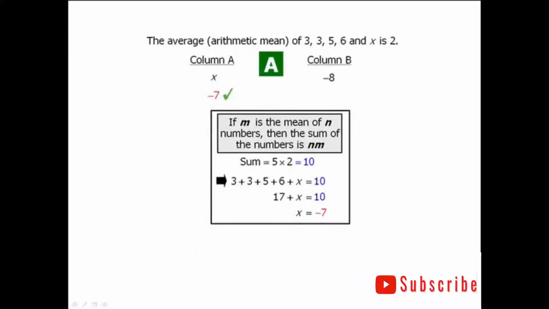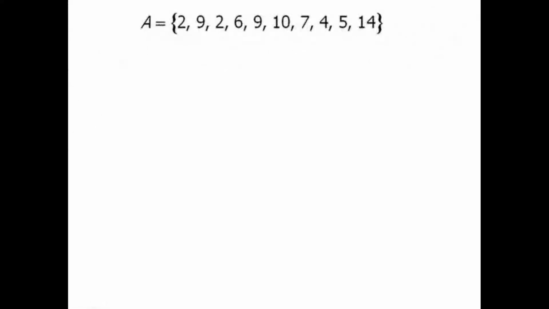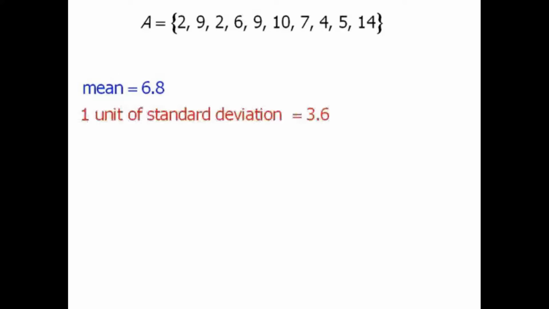Let's begin by rewriting set A down here. We're told that the mean of this set is equal to 6.8, and the standard deviation is 3.6. This means that 1 unit of standard deviation is equal to 3.6. Similarly, 2 units of standard deviation is equal to 7.2. Now using this